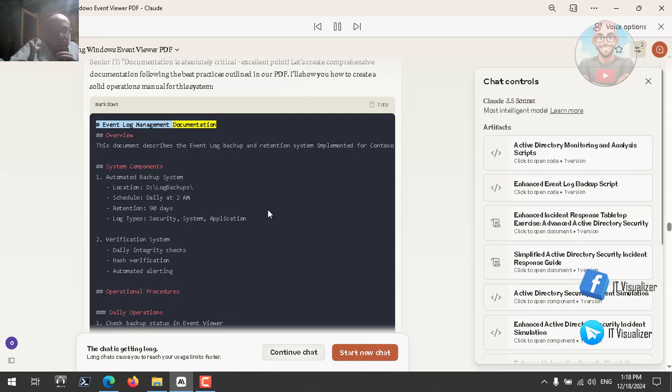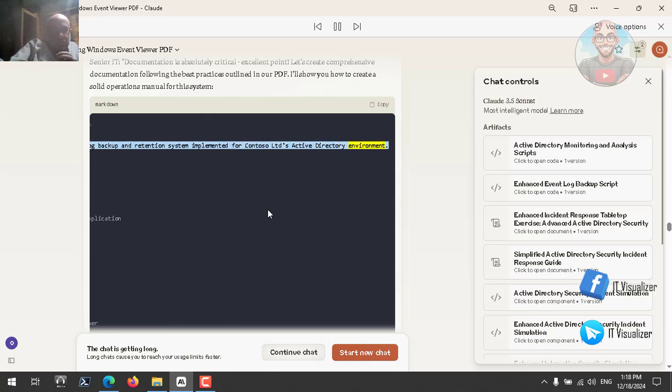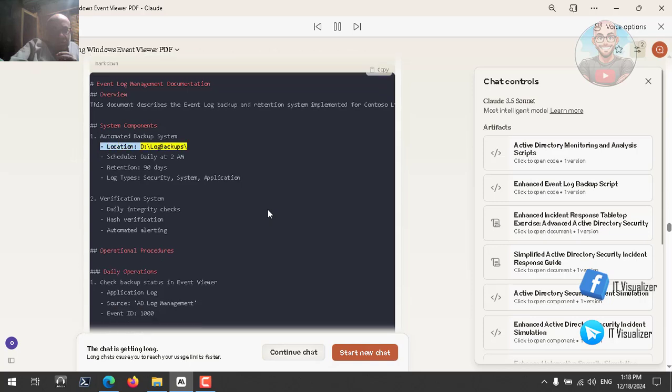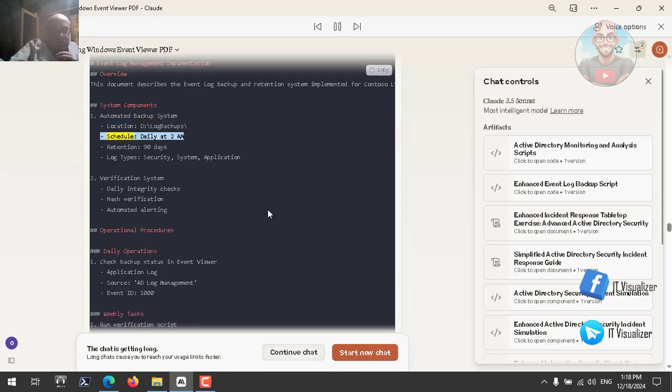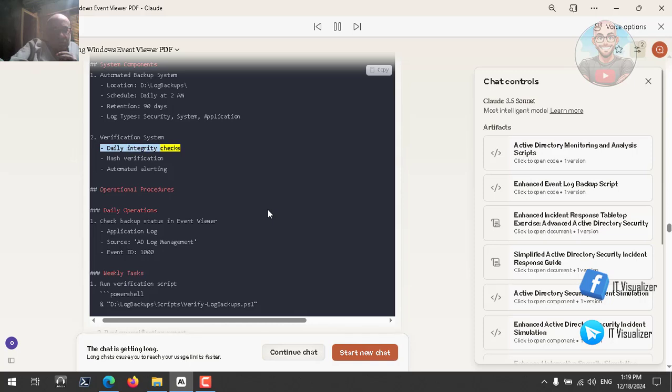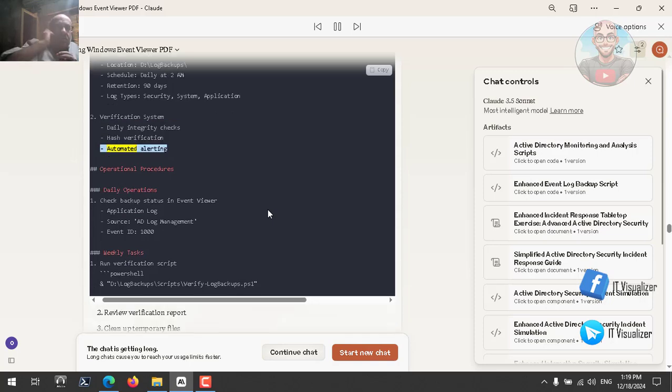# Event Log Management Documentation ## Overview This document describes the event log backup and retention system implemented for Contoso Ltd's Active Directory environment. ## System Components 1. Automated Backup System - Location: D:/LogBackups/ - Schedule: Daily at 2 a.m. - Retention: 90 days - Log types: Security, System, Application 2. Verification System - Daily integrity checks - Hash verification